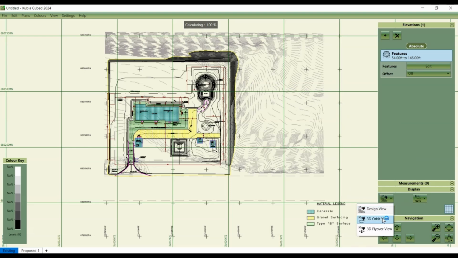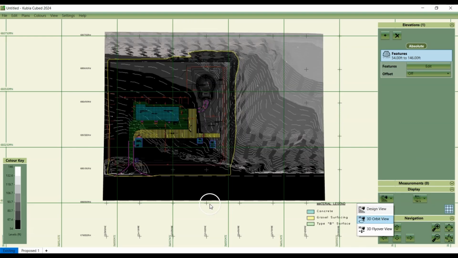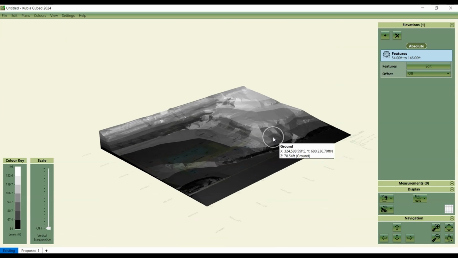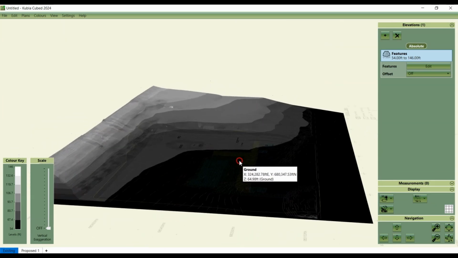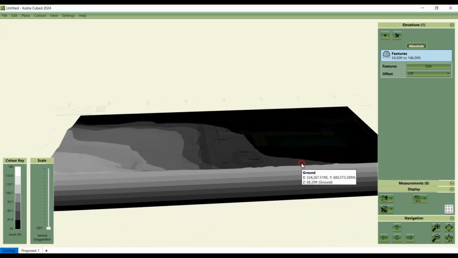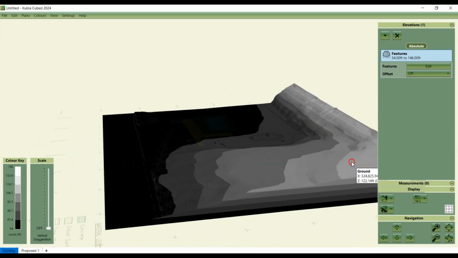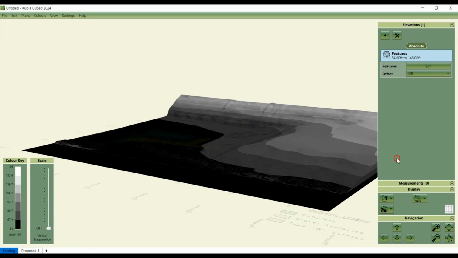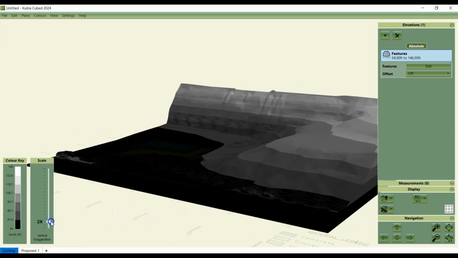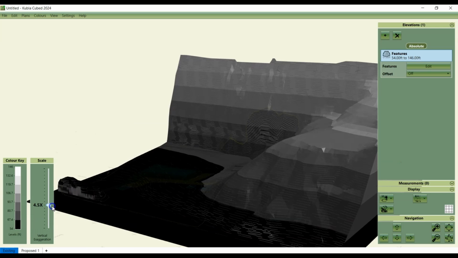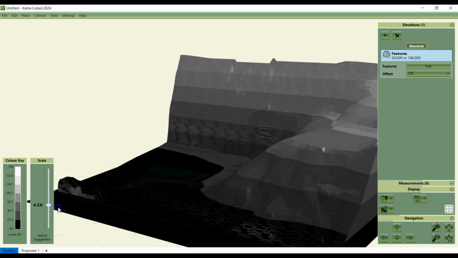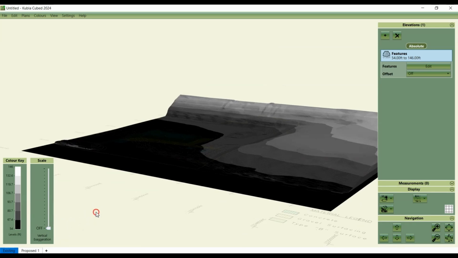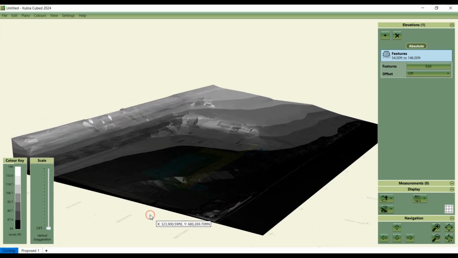So you can switch it to the 3D view to inspect the surface. And this is looking good. But you can look out for any unexpected high or low points or any errors in your data. And to make it more visible, you can use the vertical exaggeration tool, which enhances the terrain's vertical scale. But here everything looks correct, so we can move on to the next phase.